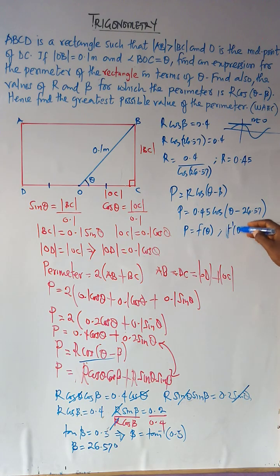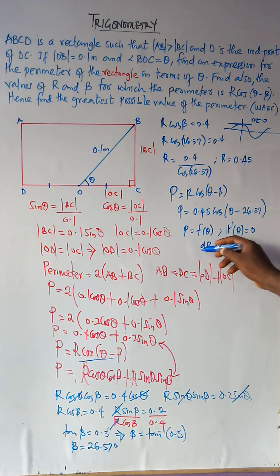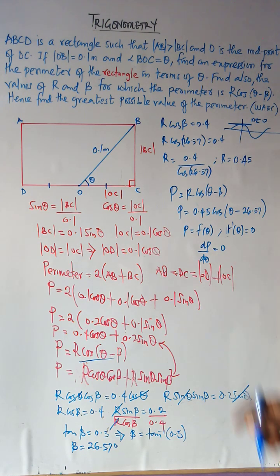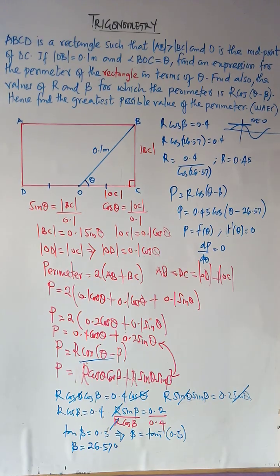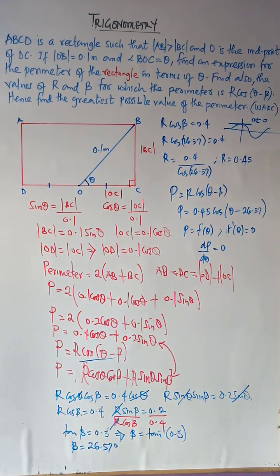So f prime of theta must be 0 for P to be maximum or minimum. This one actually means the gradient. What's gradient? dy/dx. In this case, dP/d theta must be 0. So we need to differentiate this and set the answer to 0. To be able to continue here, you have to know differentiation. This question is what? Application of differentiation. If you know calculus, you realize that we differentiate this function with respect to theta, then dP/d theta